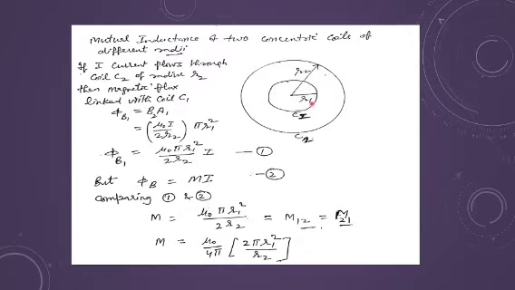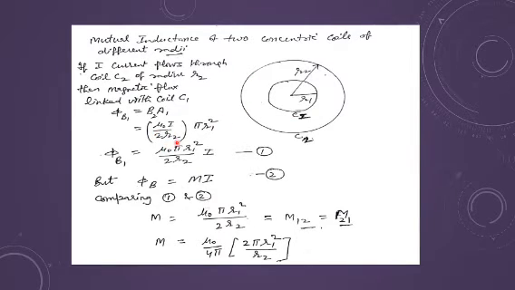radii I have marked R1 and R2, then the magnetic flux which is linked, if I am saying that current is passing through the second coil C2, and then magnetic flux which is linked with the first coil, the inner coil is the first coil I am taking, the outer coil I am taking as C2. So flux will be linked in the C1, then your flux you can find by B2 A1, and the value of B for the circular coil, you know, that is equals to mu naught I upon 2 R2.